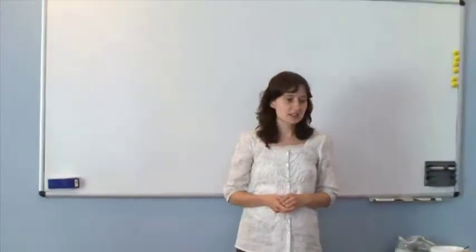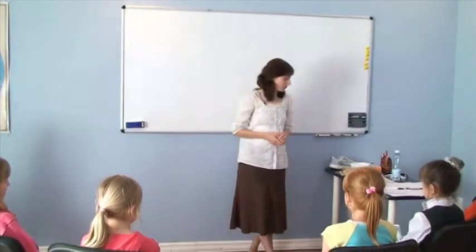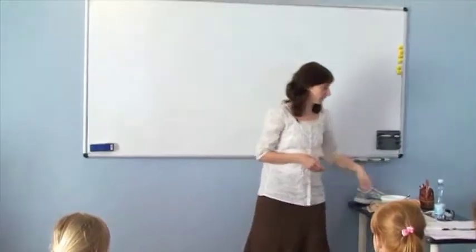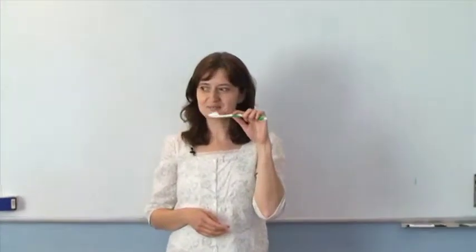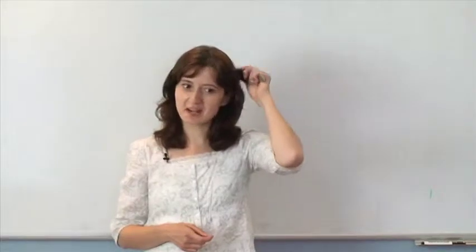Good afternoon, boys and girls. Good afternoon. We're going to learn today about the present progressive tense. So I'm gonna get some things. I'm gonna see if you can guess what I'm doing. Okay? So, what am I doing right now? Right. What am I doing right now? Brushing my hair. Yes.